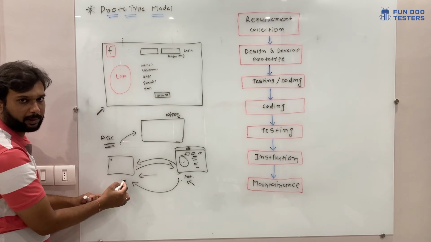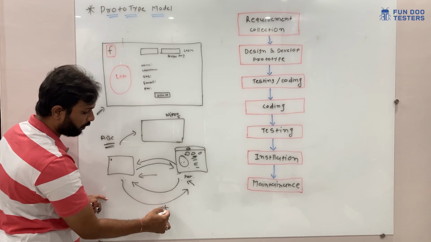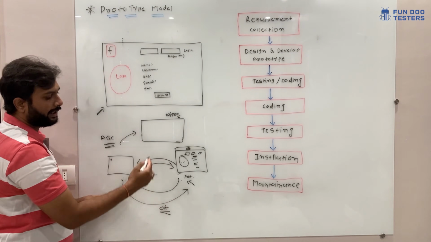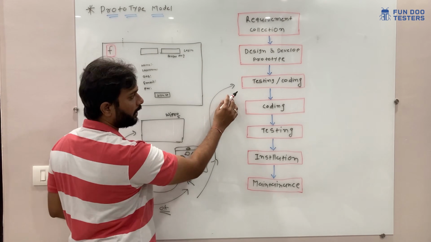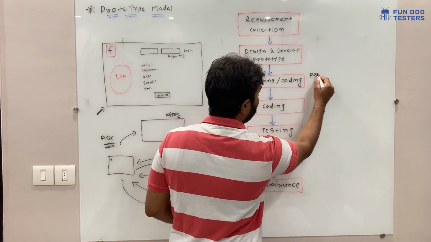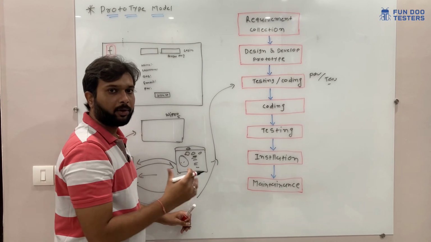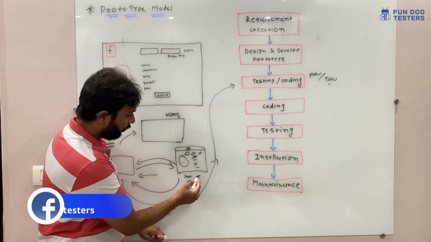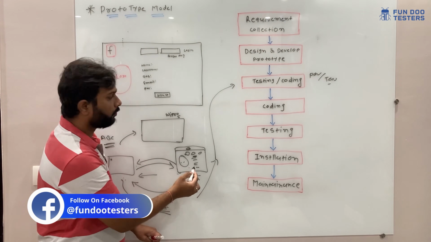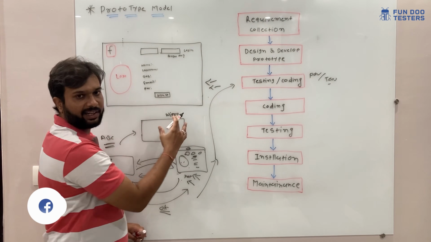Once the client is satisfied with the design, they will send back an okay message, I am okay with the design. After that the designer team will send the prototype to the developer or tester. They will test the prototype according to the requirement. Developers should also understand the design. Once the design is ready, the developer and tester will look at it and analyze the design.